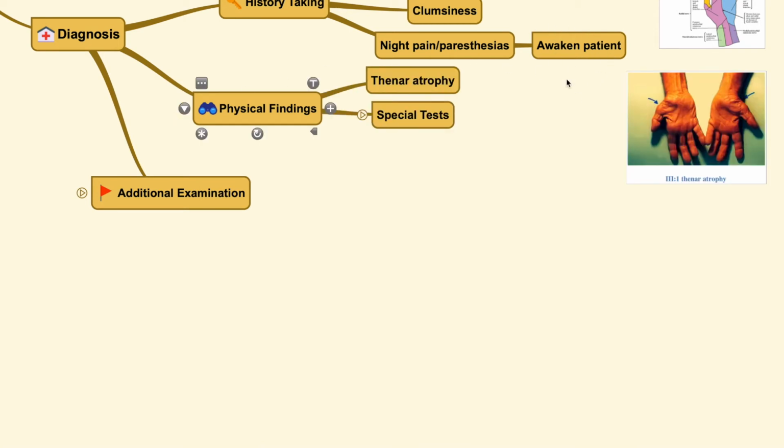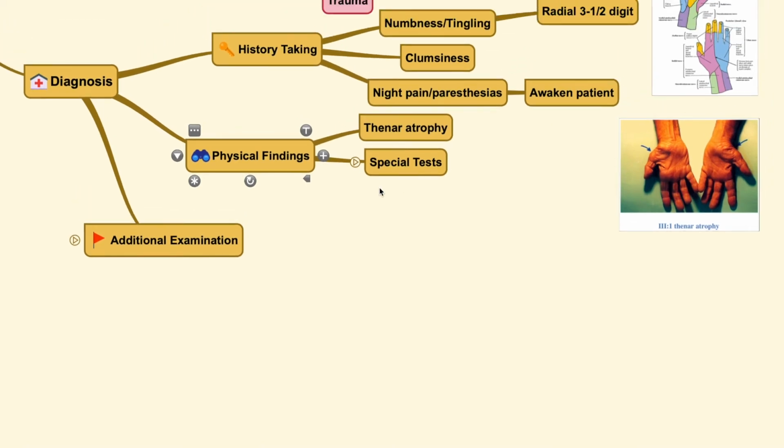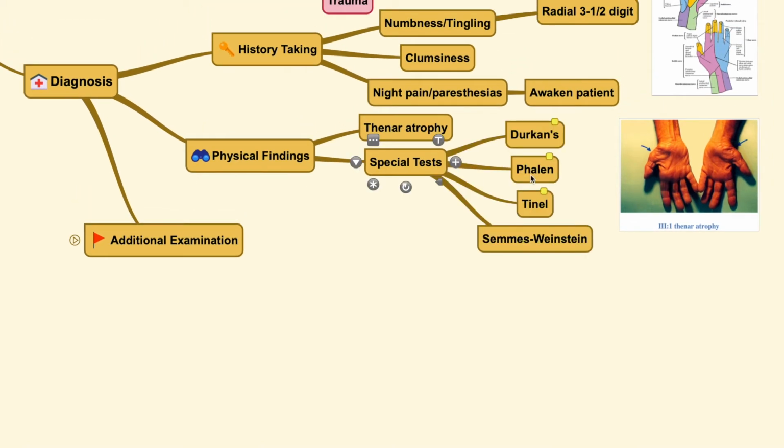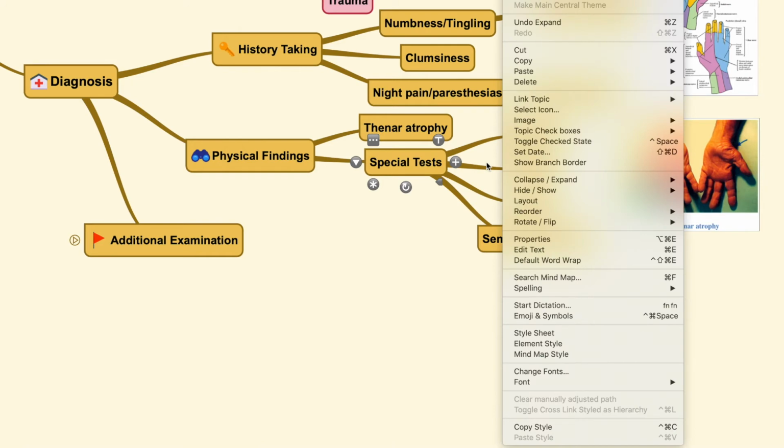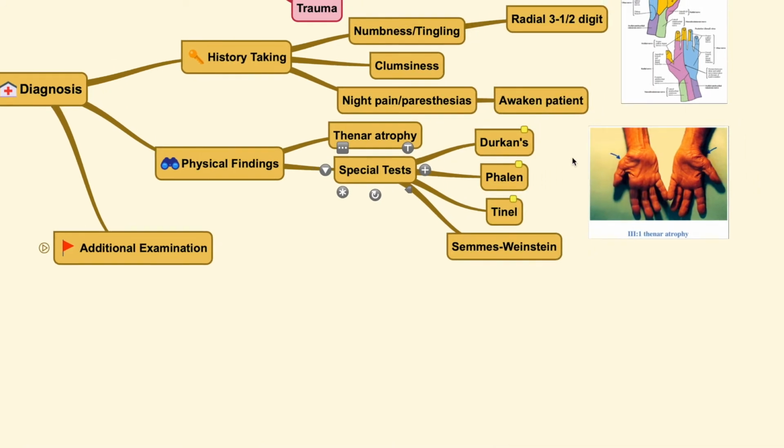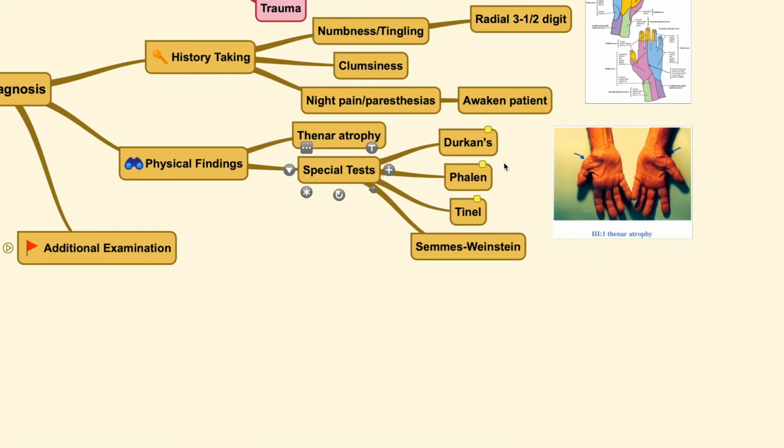This is quite specific for a median nerve compression neuropathy. Now, there are several specific tests associated with it. Those are named Durkan's, Phalen, or also Tinel, and also you need to do a Semmes-Weinstein monofilament test to detect the cutaneous